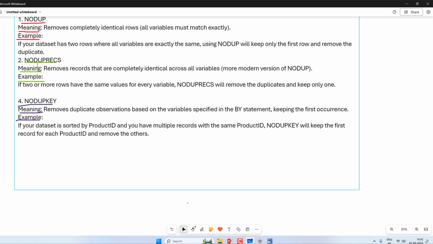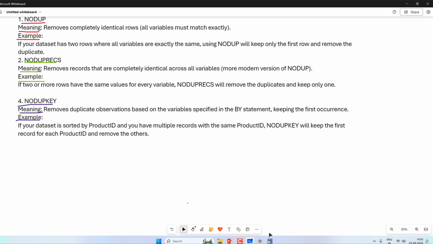With NODUPKEY, which also removes duplicate observations, we sort the data set using the BY variable, so it deletes observations based only on the BY variable.